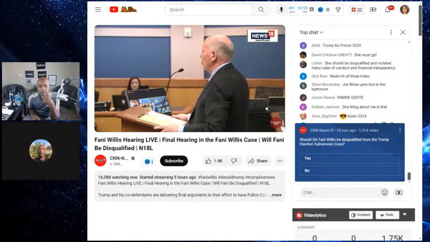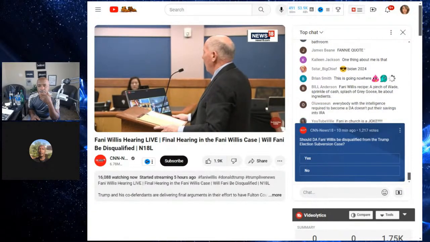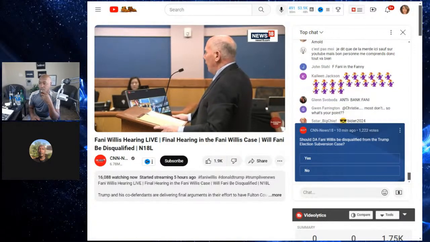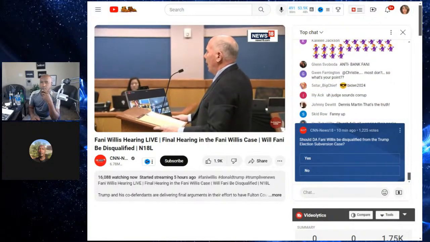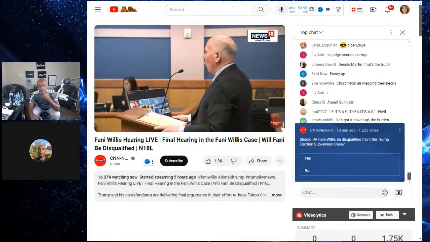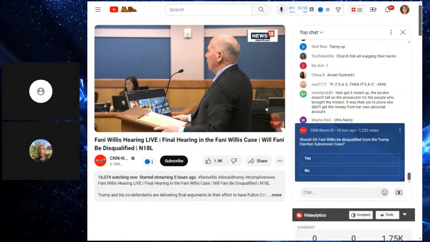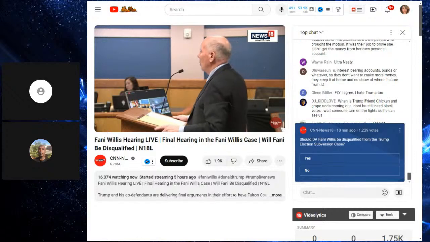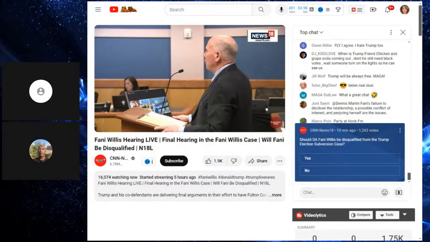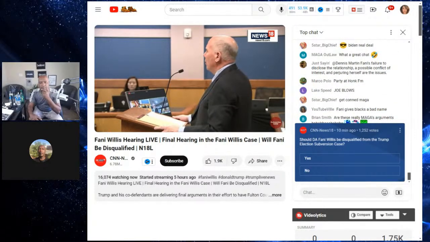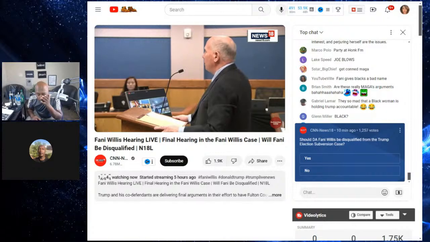Willis had notes. She was reading from notes that she had prepared. It was a calculated determination by Ms. Willis to prejudice the defendants and their counsel. How so? By making an issue out of the fact that the person that was challenged in the Roman motion was Black, without telling the public or the church members or anyone for that matter that the reason that Mr. Wade was being challenged was not because he was Black, had nothing to do with race. It had to do with the relationship that had been alleged and later admitted to by